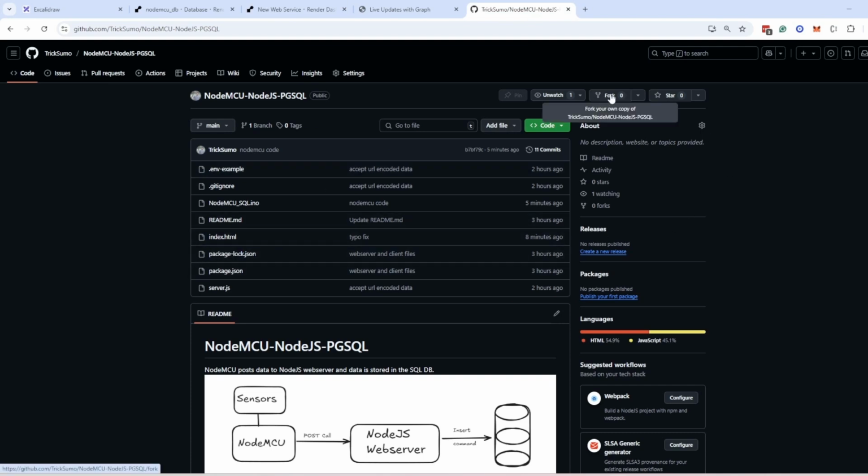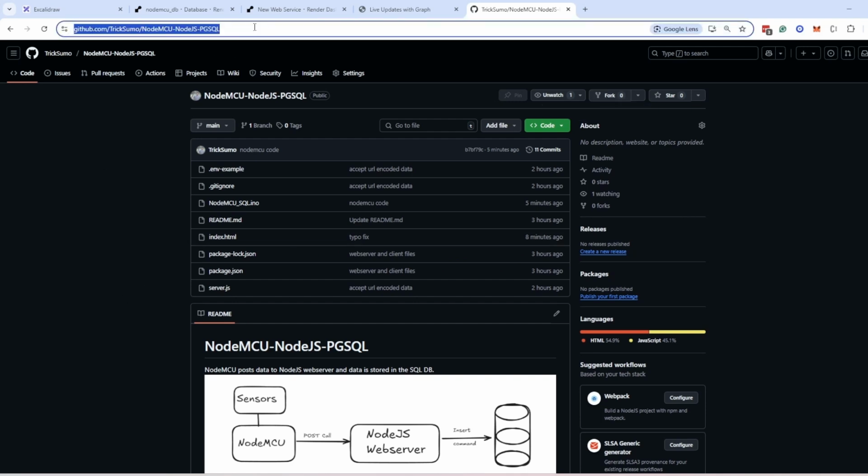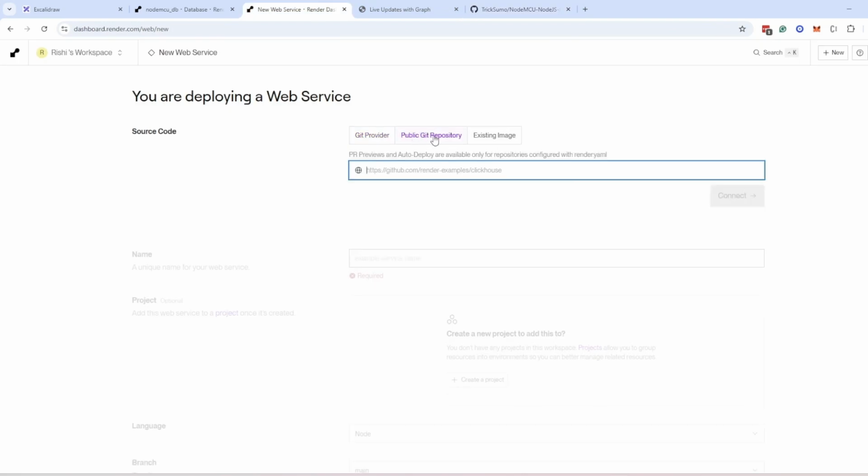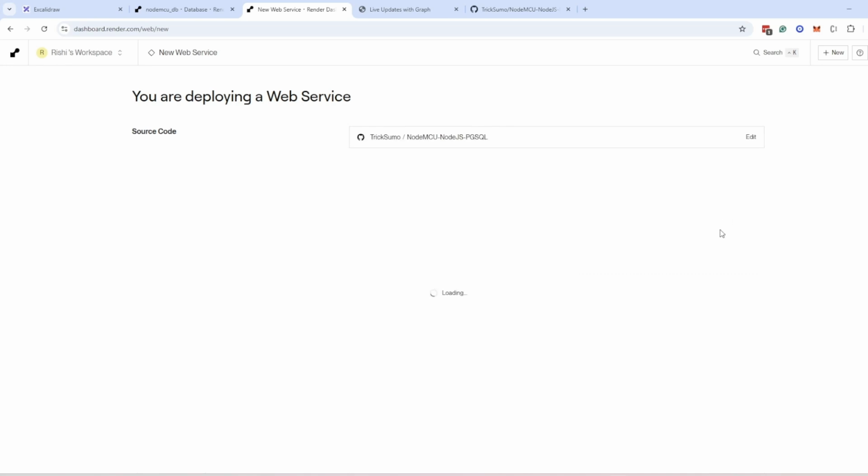You can fork it and modify according to your preference. For now, I will just use URL of this repo. So public git repo, and you can either use this URL, or if you have some modification, you can use your own URL. So connect,